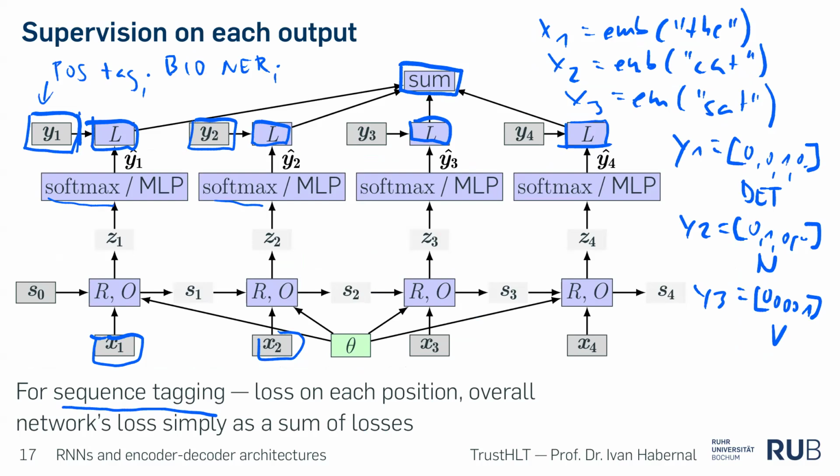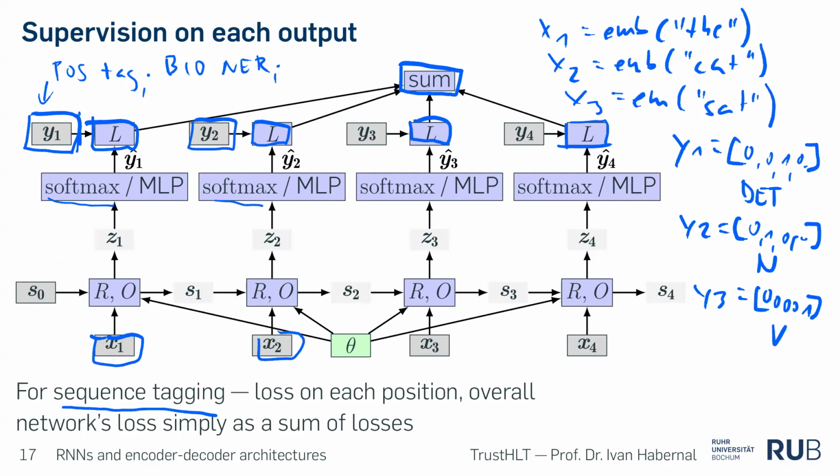Yes, it's a function which takes a network prediction and the gold standard label, and compares how off you are, like how badly you are predicting. Loss is a function from these two inputs into a positive number, so it should be more than 0. Loss is never negative, from 0 to infinity, for example. This is a function which gives you how off you were on one example.